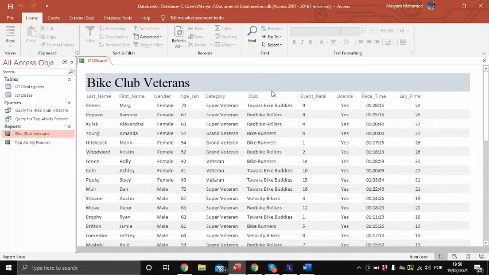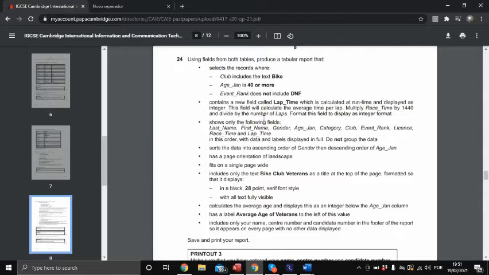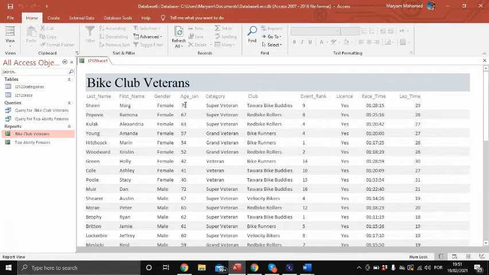So now we can see all the data correctly, all the fields, and I'm going to see what I have done. So the first thing is done. This is also done. The ascending order of gender and descending order of age gen, okay. So basically, what you have to do is